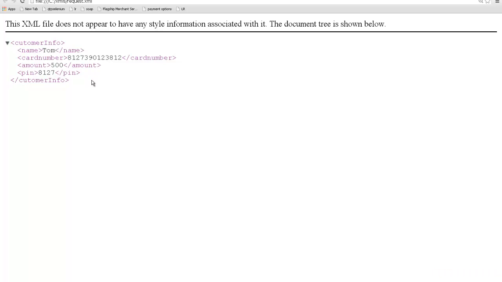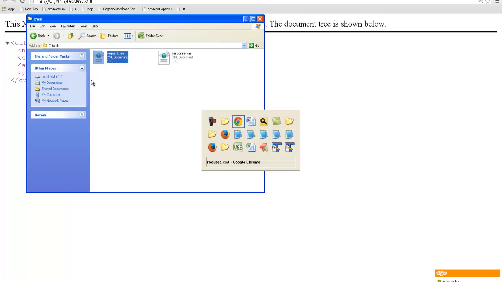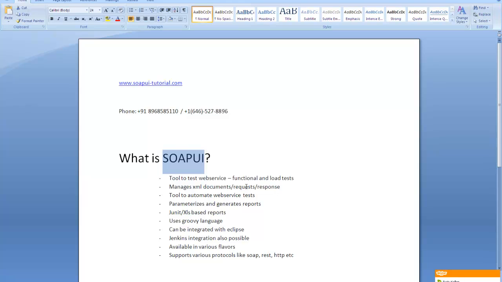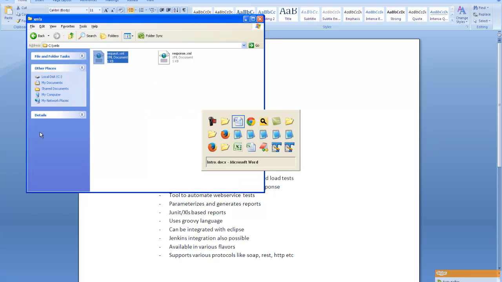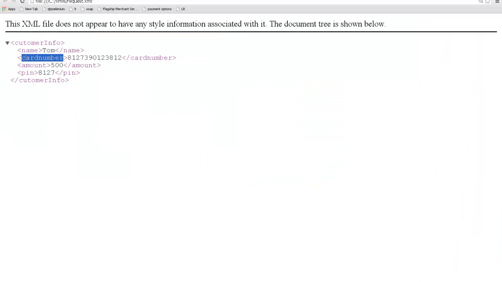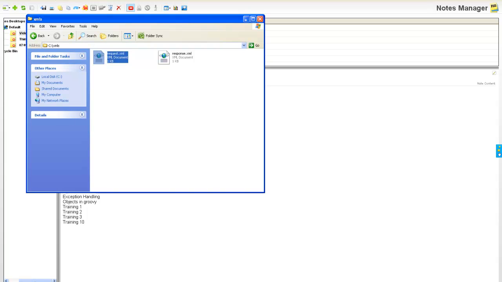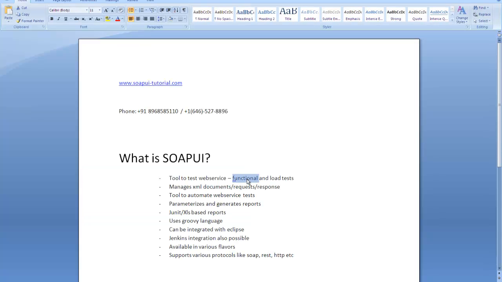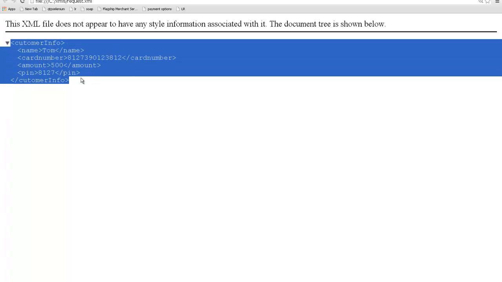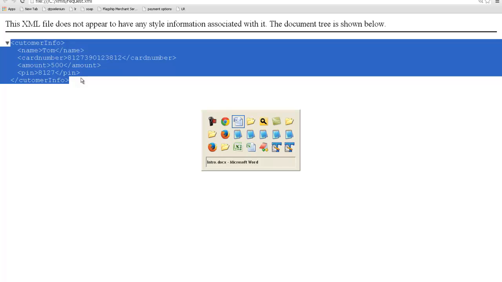Now if you want to test these XMLs, if you want to test these web services, then you use SoapUI as a tool. SoapUI can be used for functional as well as load testing of web services. Functional testing means that suppose you have to read the name of the tags, for example, what is the value of the tag, you want to validate it and all other stuff. So you can do it with SoapUI. And for load testing as well, that is you put the load on your web service, you can also use SoapUI for that. So basically use SoapUI to manage XML documents, basically manage requests and responses and see what kind of request and response is coming up in the form of XML.